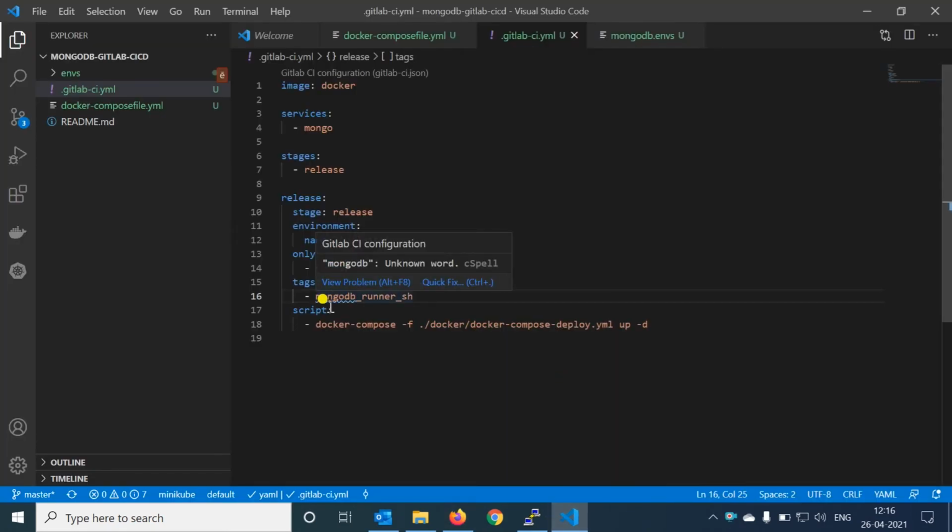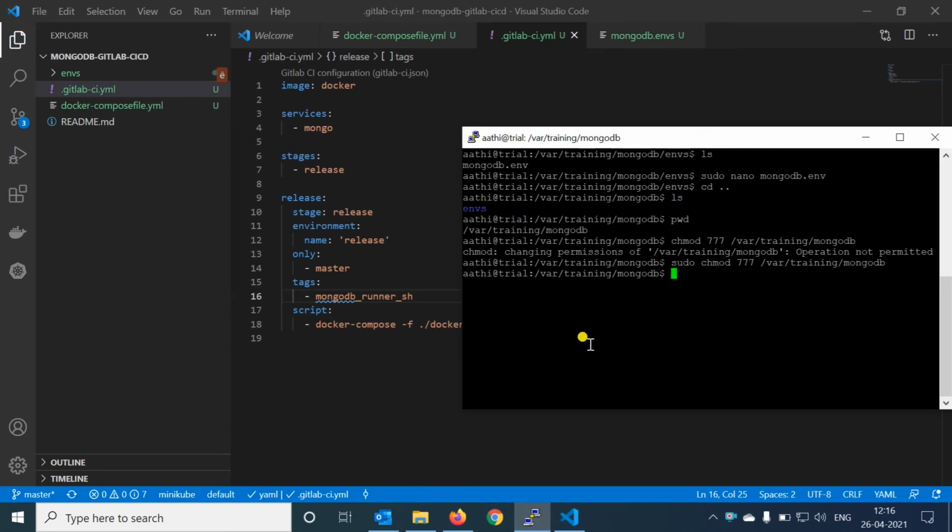It was connected 5 minutes ago. So this is the tag name of the runner. This particular tag name of the runner, we need to copy and paste over here. I said the tag name is very important. It is used for triggering the particular runner. Based on this tag name, it triggers that particular runner, and that runner is connected to our virtual machine over here. So automatically the deployment will start here.